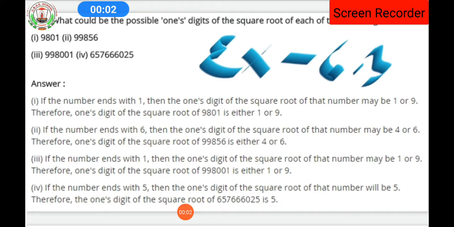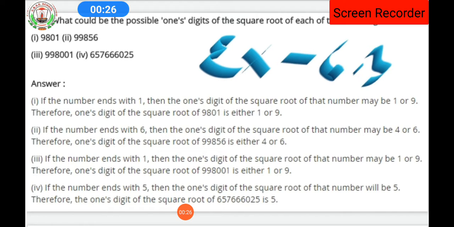To every student, here we are having a revision of exercise 3.3. Some of the questions we will deal with in this exercise, chapter number 6, squares and square roots. Monday onwards we will start chapter number 8, that is comparing quantities. This Saturday is the last revision class for chapters 6 and 7.